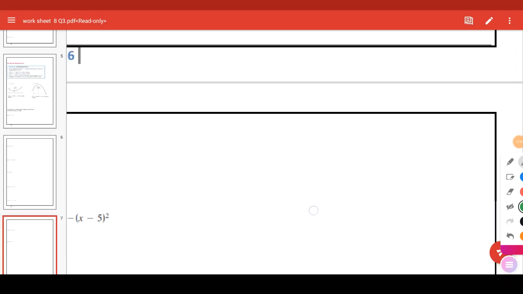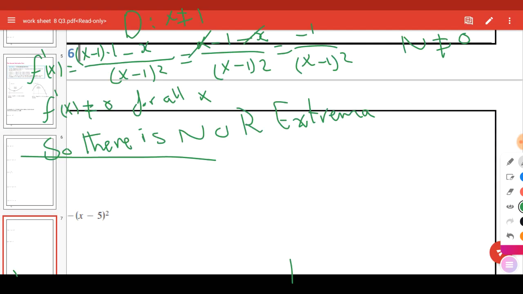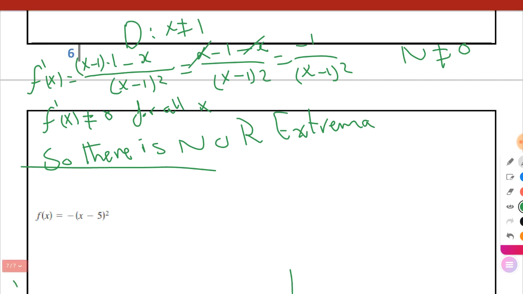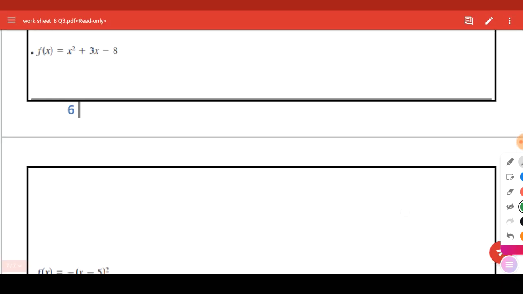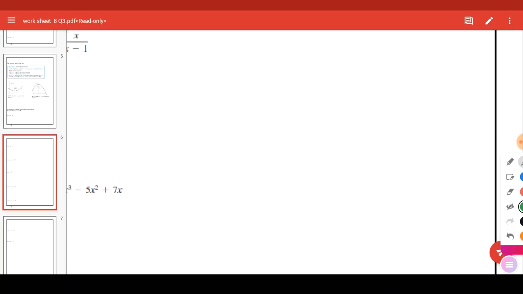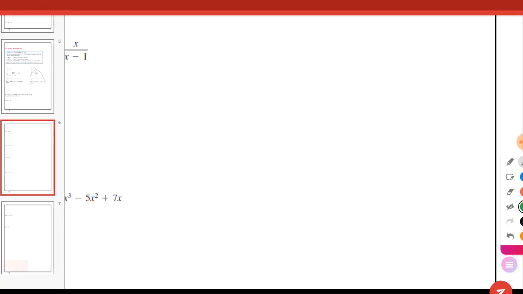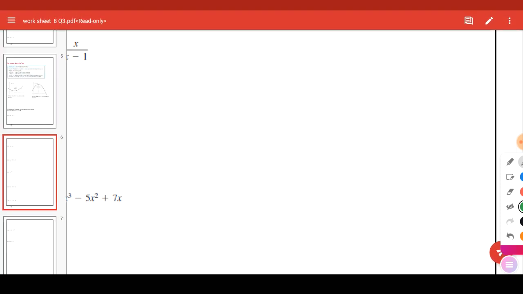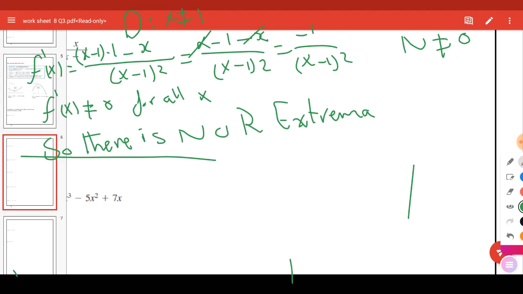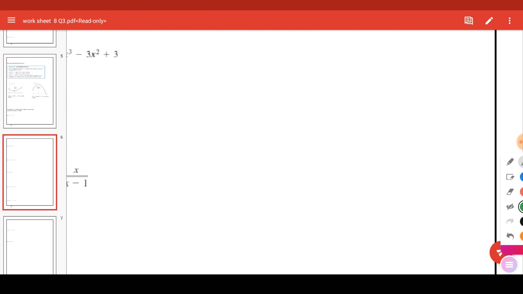Hello guys, let's continue. Okay, this question, what is the part of this one? I'm sorry. This part, yes, we solved this question. So for the third, I think the third one, the question on page